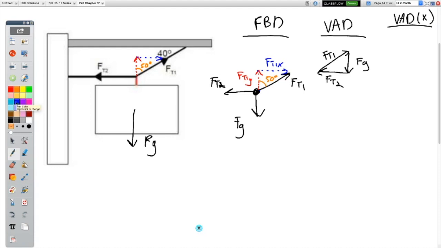Why are we doing what we're doing? Why are we separating into components? So Ft1x looks like that, right, from our diagram. And why is it not accelerating off to the right? Because Ft2x is pulling it back just as hard. If we do it in the y-axis,